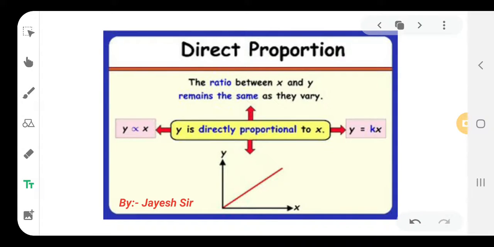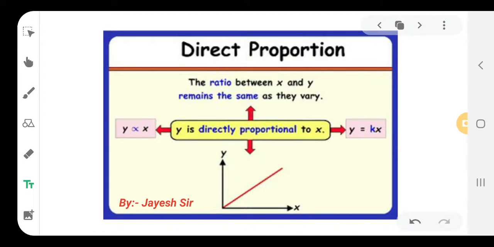That means if two things are directly proportional, if one is varied, then definitely the other is going to be varied. Suppose in normal life, if your father is getting promoted, then definitely you are also going to be happy. If your father is happy, you and your whole family are going to be happy. That is said to be a direct proportion or direct relation. That is the basic concept of the chapter.